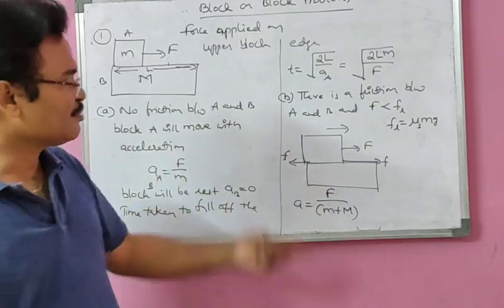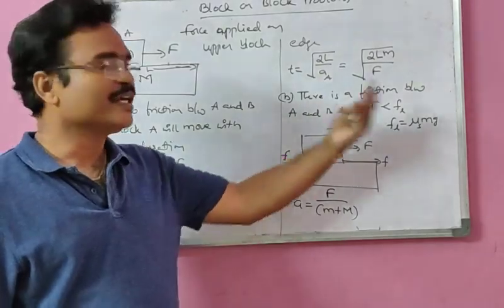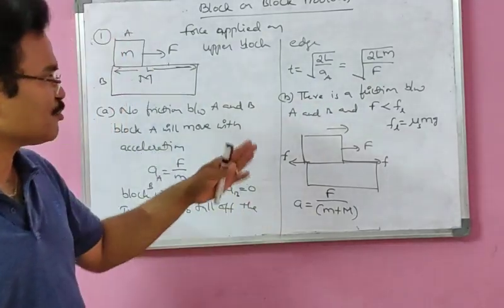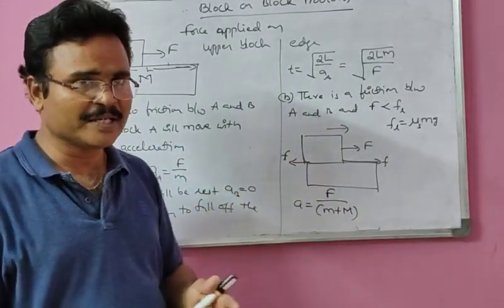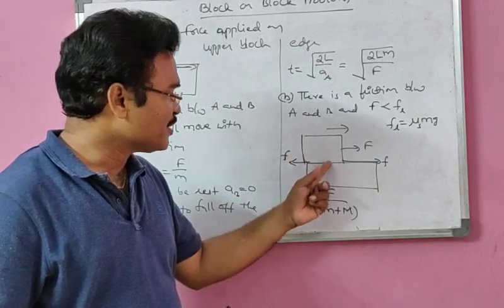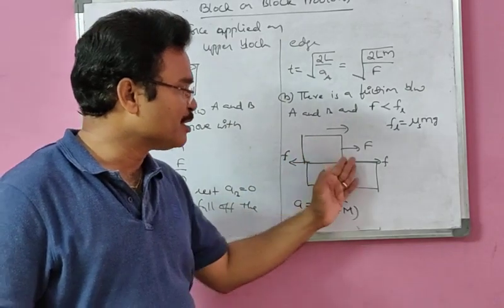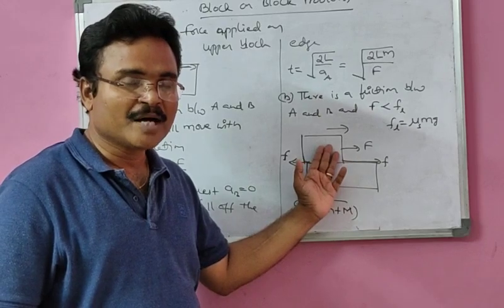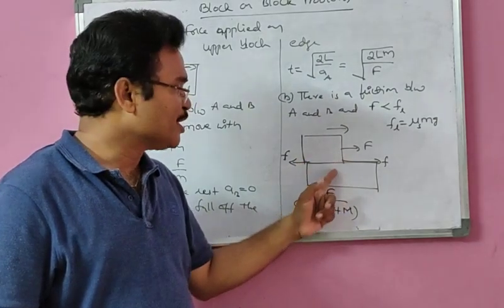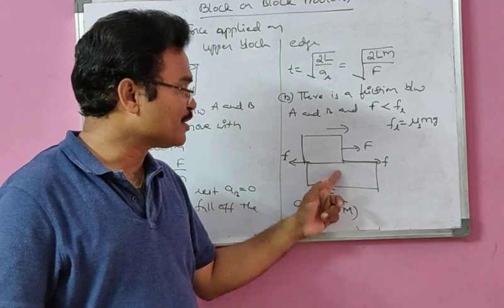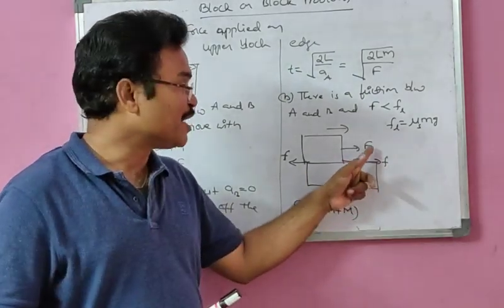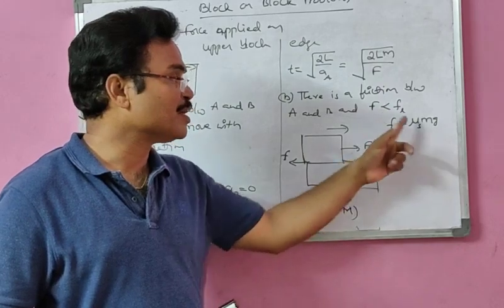Okay, we are going to take up the third case where F is greater than F_L also. So let us take that one. I hope you understand what I said here. Once again, I'm repeating: the friction between these two will pull the lower block along with the upper block. Are you getting what I'm saying? The lower block is pulled along with the upper block by the frictional force, provided the applied force must be less than what here?